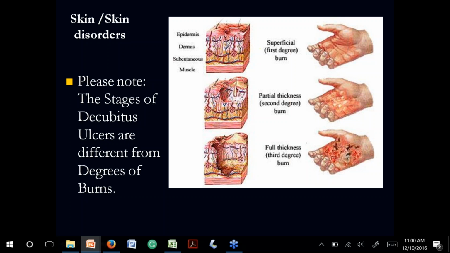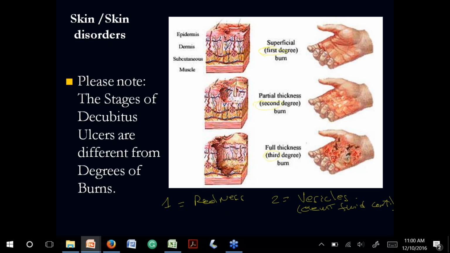Talking about the burns. Burns, we have superficial first degree, we have second degree, and third degree. So three things. The first degree is going to be just redness. The second degree is going to be like vesicles. When you have vesicles filled with fluid, a vesicle is the elevation of the skin with fluid content. So that is actually a vesicle. When you have that, on top of the redness, it is going to be second degree.